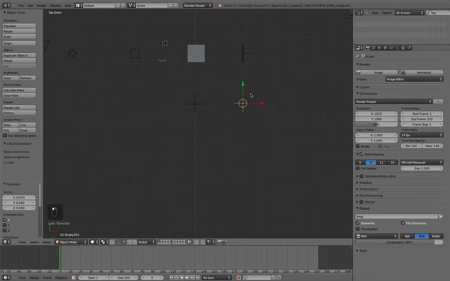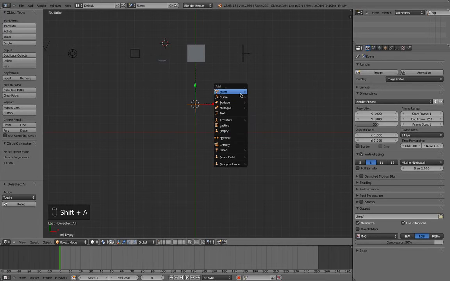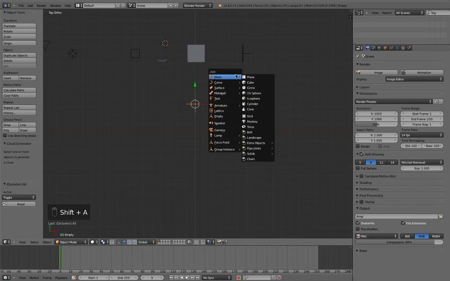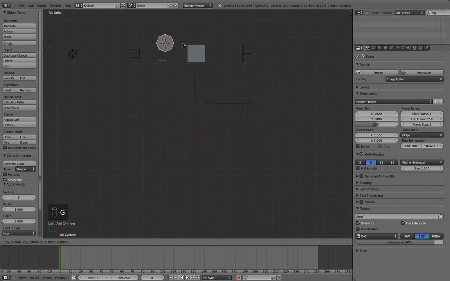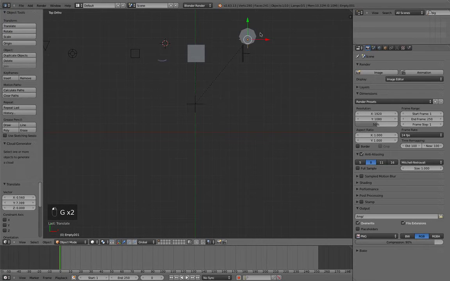we could then go ahead and rotate the empty around the cube and the empty. And we could add in, for instance, a cylinder. I don't know why. And we could have the cylinder going off really somewhere else entirely. And we could parent that to the empty